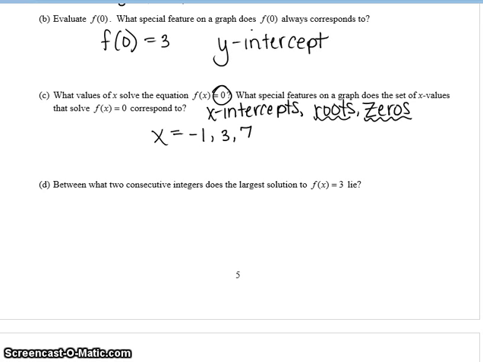Between what 2 consecutive integers does the largest solution